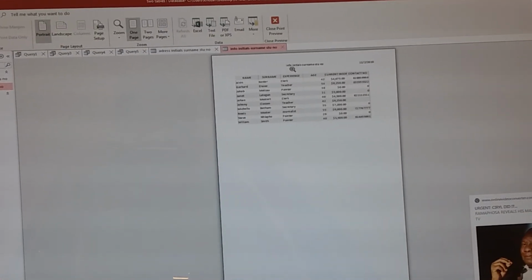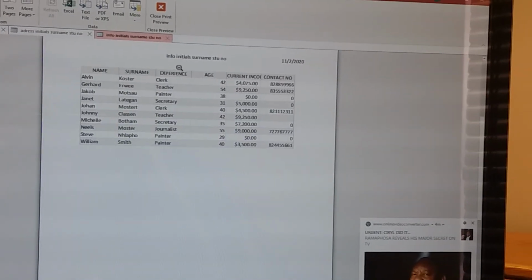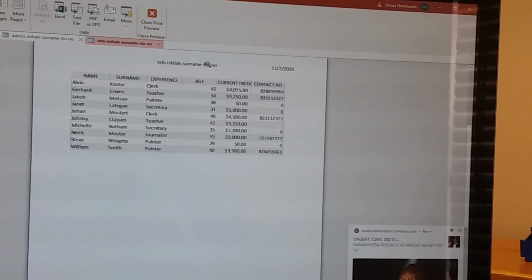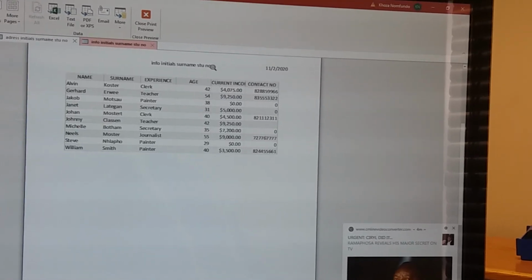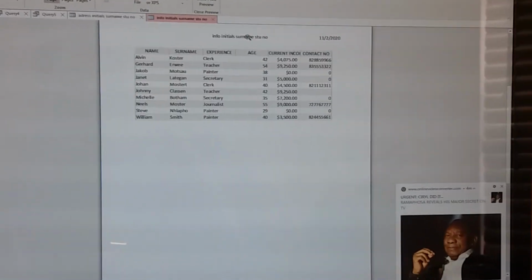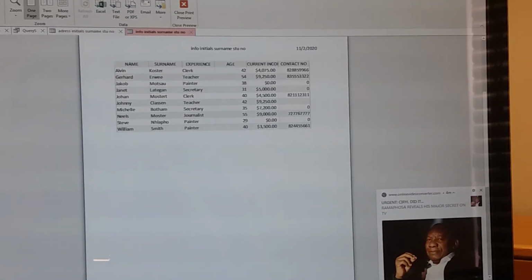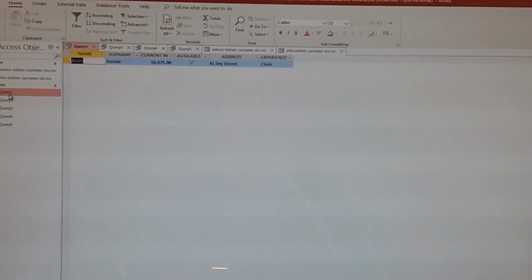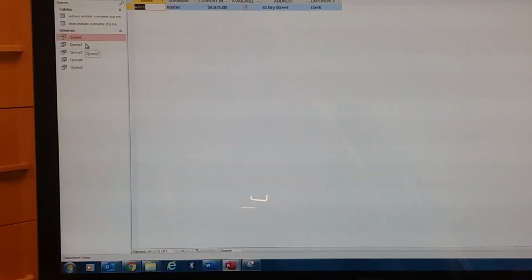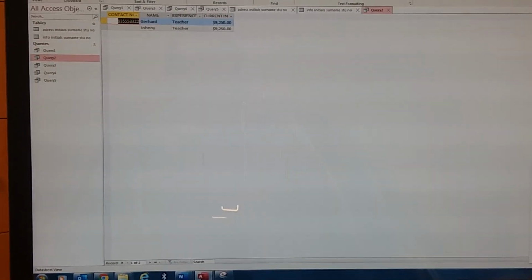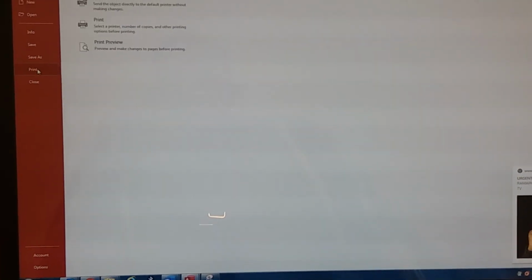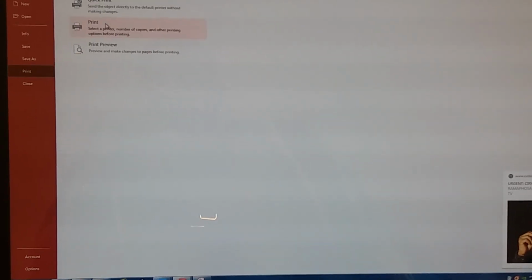When you print, this is what you are going to get. The initials and surname are going to show in there, in the student number, because we don't have a header and a footer here. That is why it is important, for example, when you print the queries, we are going to print them one by one, by double clicking on them. Double click on query number 2, make sure you save it with your initials and surname. Double click on it, and then you go to File, Print. When you print,